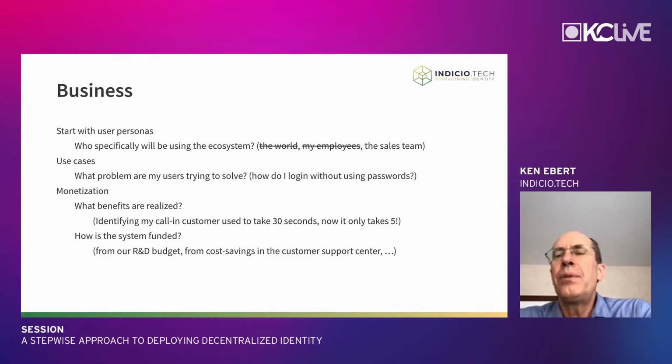Try to be as specific as you can in your initial deployment, because that will make it easier for you to do. If you say, as I've heard some of the customers that I've consulted with say, yeah, the whole world's going to use my system. Well, right out of the chute, the whole world will not use your ecosystem. You need to scale it down a little bit, maybe down to your employees, or even better, to scale it down to like the sales team, so that you have a specific targeted group of people who are going to use the system and derive benefit from it.